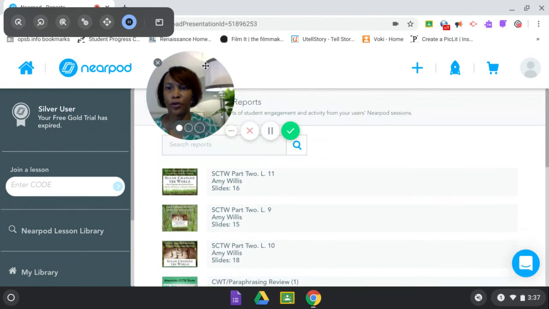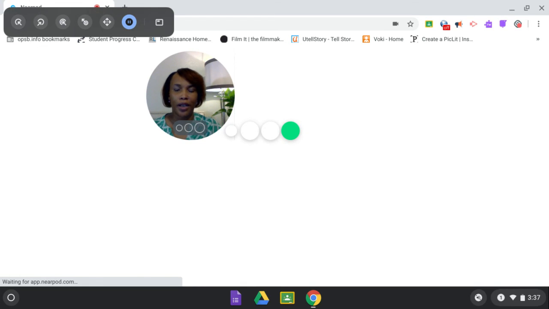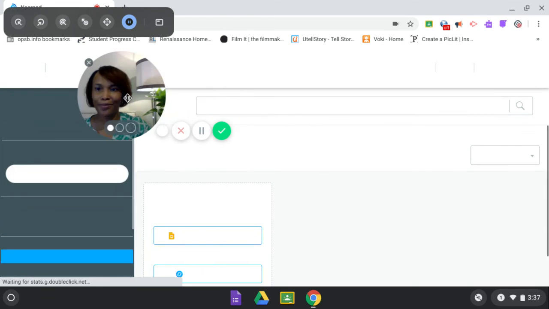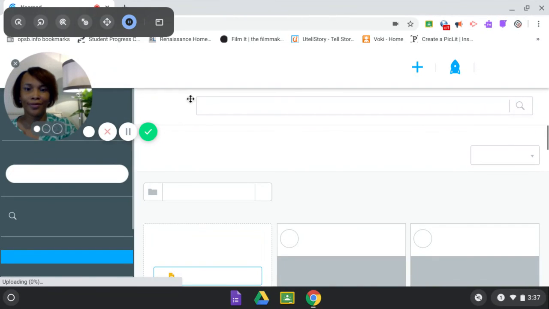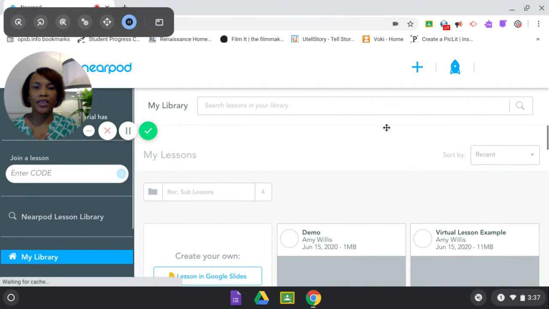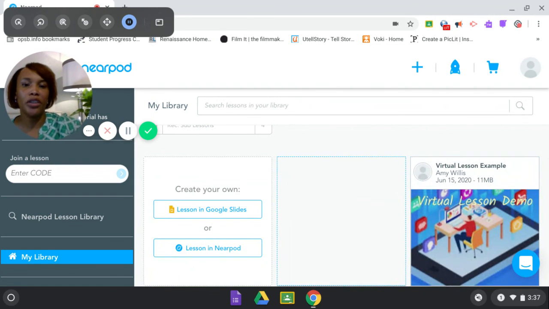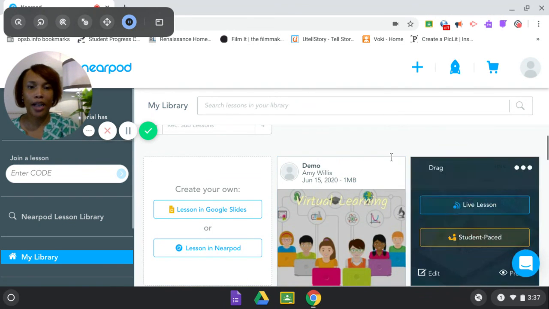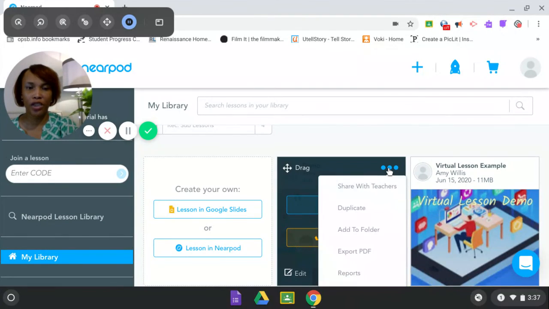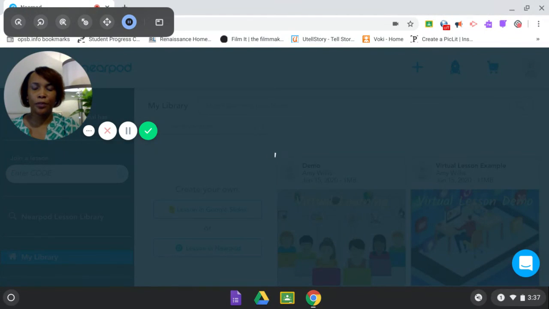I'm going to go back to home, and I'm going to show you how you share and what it looks like when you're sharing Nearpod. So it's going to take a little time to load, but as I said before, you're going to have the opportunity to actually share it directly with Google Classroom. You click on these three dots. When you hover over the particular lesson, you can click there, share with teachers,